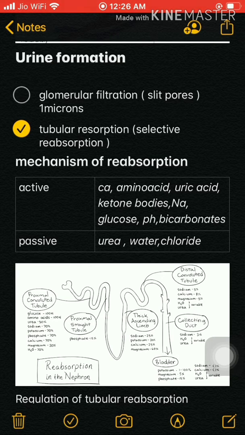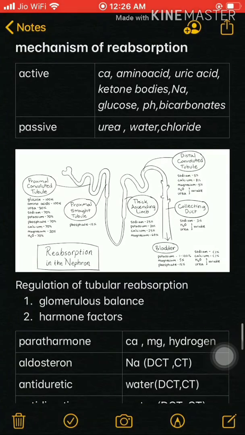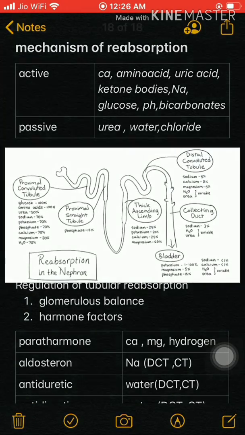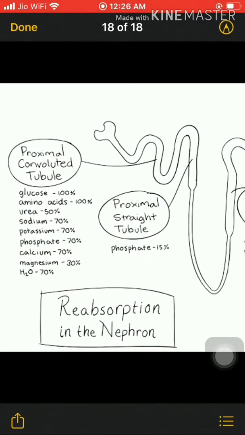The absorption takes place in 2 methods. One is the active and the other is the passive. In active, with the help of ATP, materials like minerals are absorbed from the blood. In passive, without any use of ATP or energy, the absorption of urea, water and chloride takes place. Different parts of our nephron will absorb different